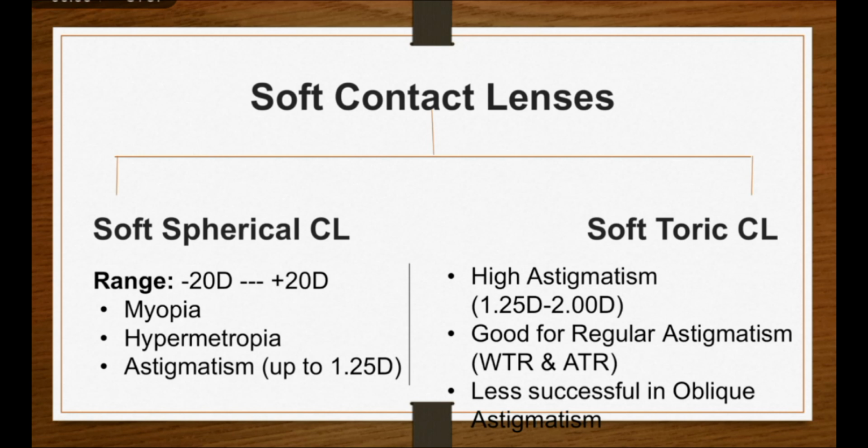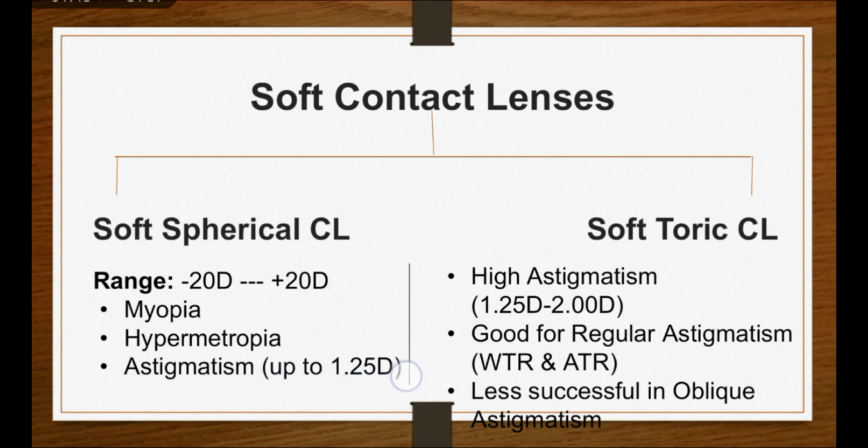The contact lenses that have single power in all meridians are the soft spherical contact lenses, while the soft toric contact lenses are the ones that have power only in one meridian and are used for astigmatism, right? So soft spherical contact lenses are used to treat refractive errors like hypermetropia, myopia, and astigmatism that is up to 1.25 diopters only, right? Why is it so? Because